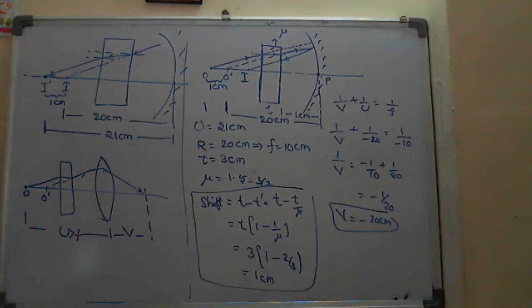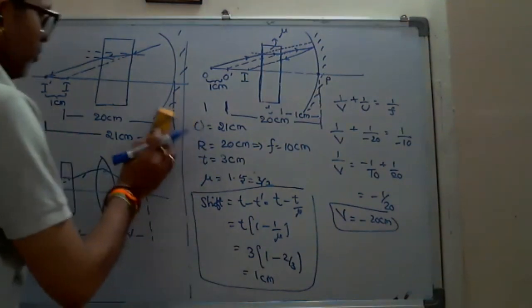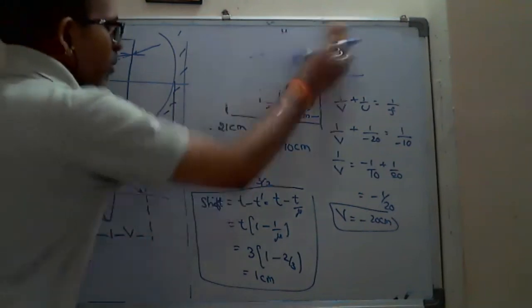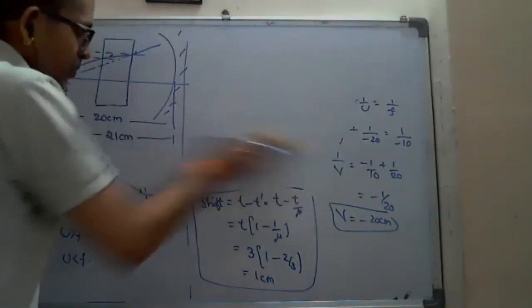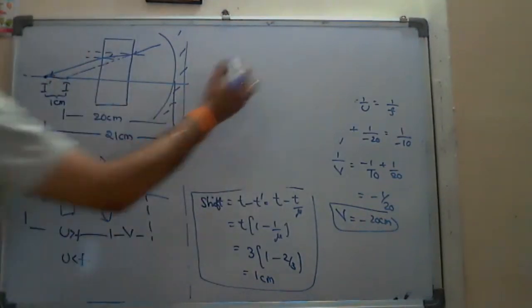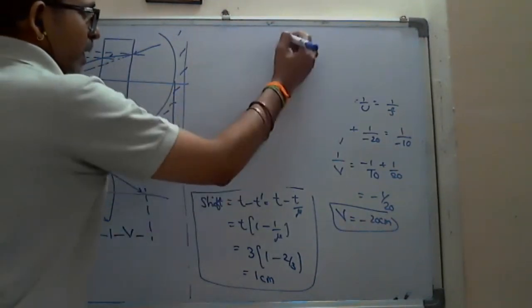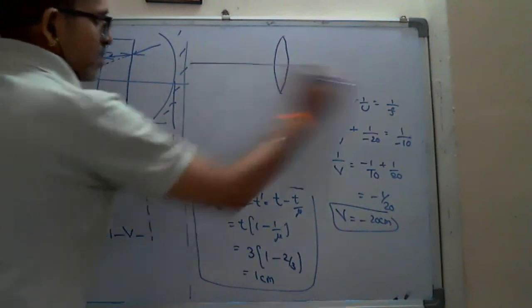But if u is less than the focal length, then you may get some confusion. What type of confusion, sir, will we get here? The problem is here, the mistake that we generally commit while solving the numericals.